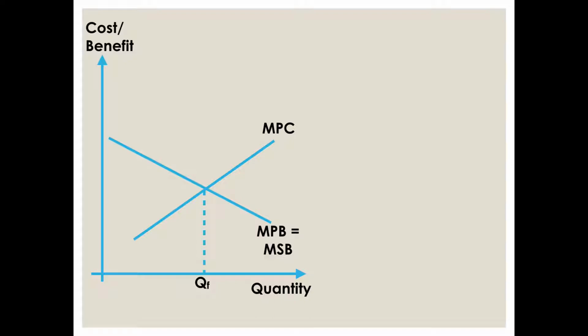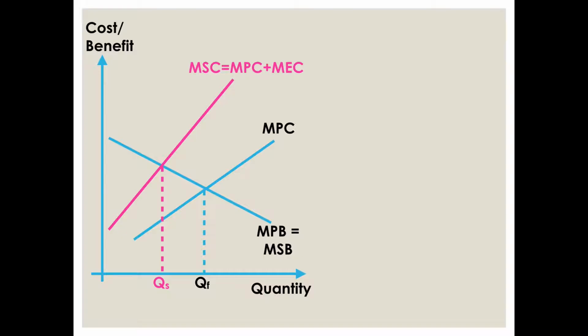When there is the presence of negative externalities generated from the consumption or the production of some goods, this means that the marginal private cost borne by the individual and the marginal social cost borne by the society is actually different. Because of the presence of negative externalities, the marginal social cost will be higher than the marginal private cost at all levels of output. So what this means is that the free market quantity QF is actually much higher than